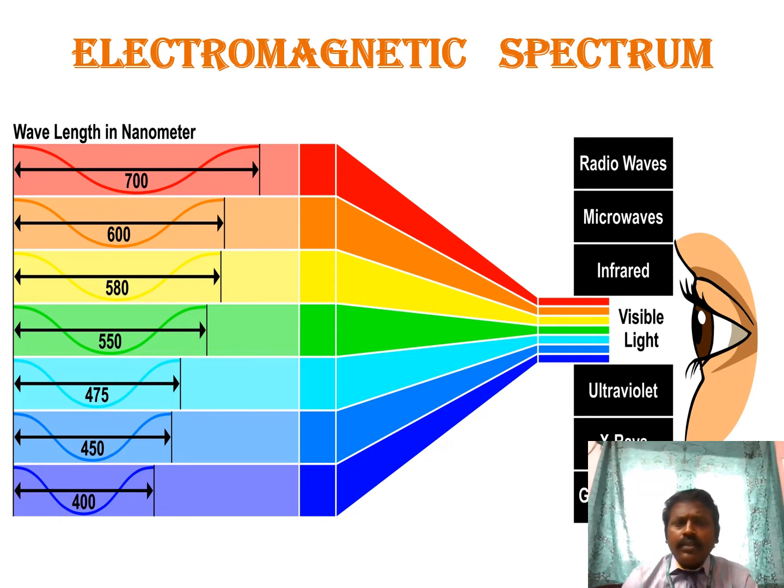Then in the electromagnetic spectrum, we can have different wavelengths in terms of nanometers. As we saw in the previous slide, we have many frequencies based on the applications. Here we are going to concentrate more on the visible light spectrum. The visible light spectrum starts from 700 nanometers to 400 nanometers. Different wavelengths contain different colors. Based on the wavelength, the spectrum contains different colors at 400, 450, 475, 550, 580, 600 and 700 nanometers. This is all called the electromagnetic spectrum in the form of visible light.